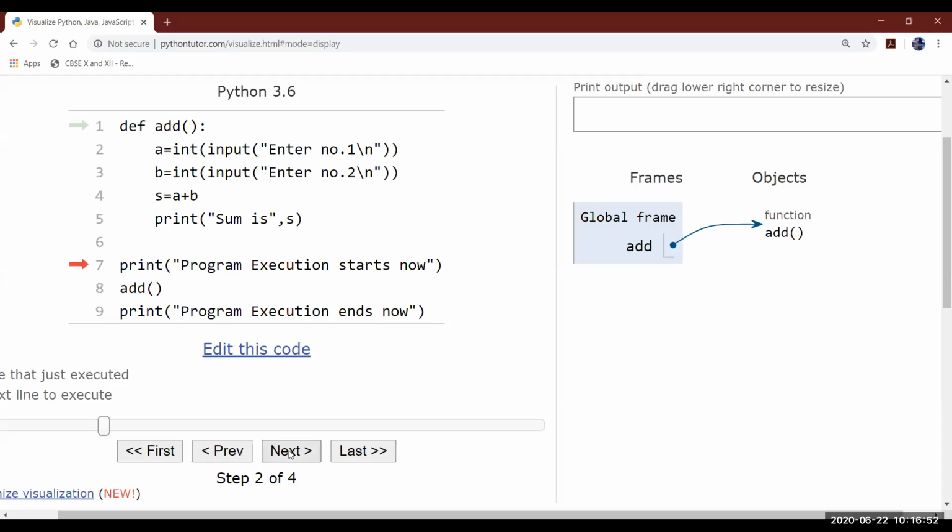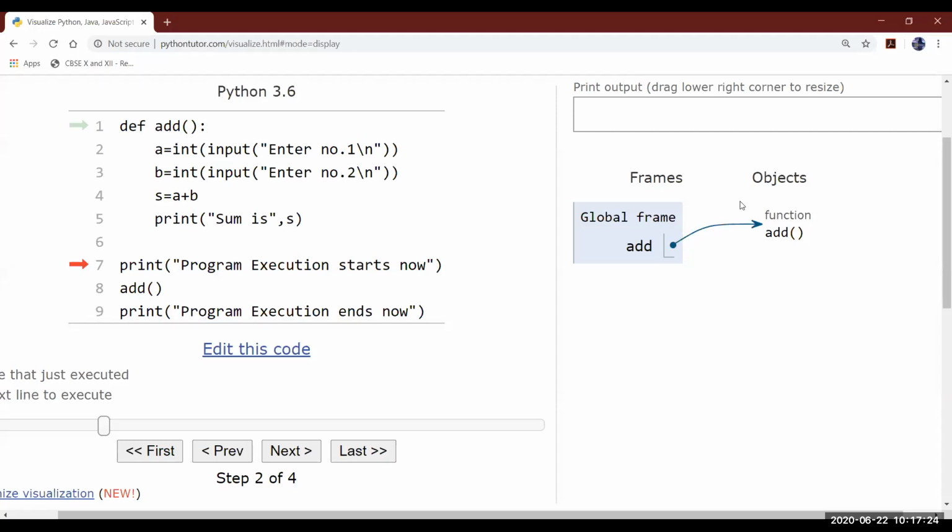Next. See here, one name is created, add, and it is attached by using an arrow. You can see this name is linked with this function. It is the same as when you have placed your fan in your room and you have attached the wire with the switch, just attachment, without passing the current. That means without actual power supply, your device will not start working. Okay, so we have attached this.